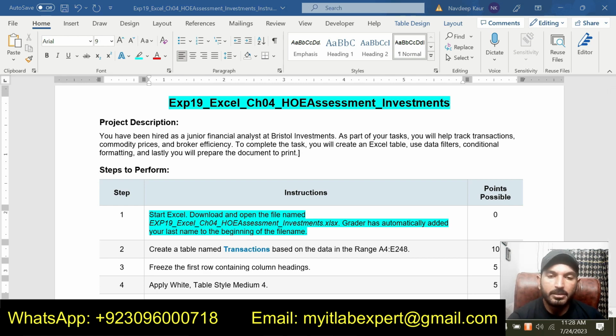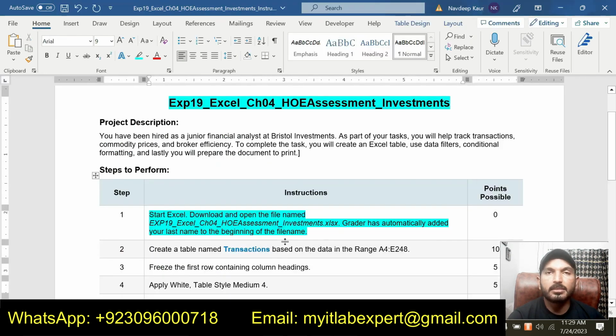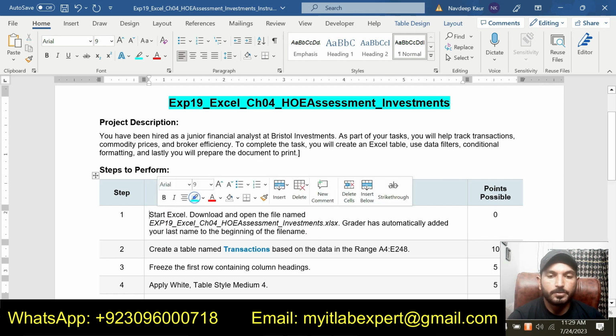I have already downloaded this file. This is the file where we will apply these instructions and make this assignment in the final form for submission. You can get this Excel workbook from your My IT Lab dashboard. So step number 1 is just about downloading the Excel workbook. We will move to step number 2 now.